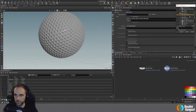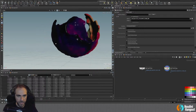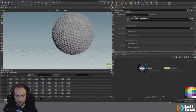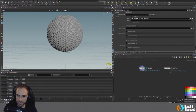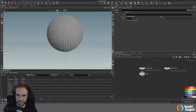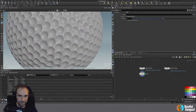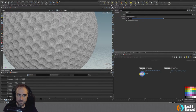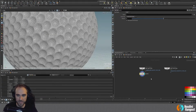Also get our fluid. Great. So we're going to say get geo. Perfect. So we've got our golf ball here, and let's just check out our P here. I'm not sure if this is what I used before. So this is kind of similar, except it does really weird stuff like that. So yeah, you can see that this will do a similar moving it along the normal, but it's actually